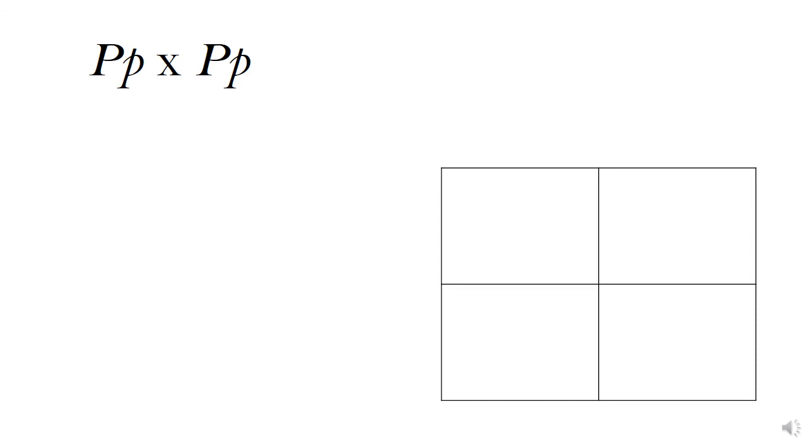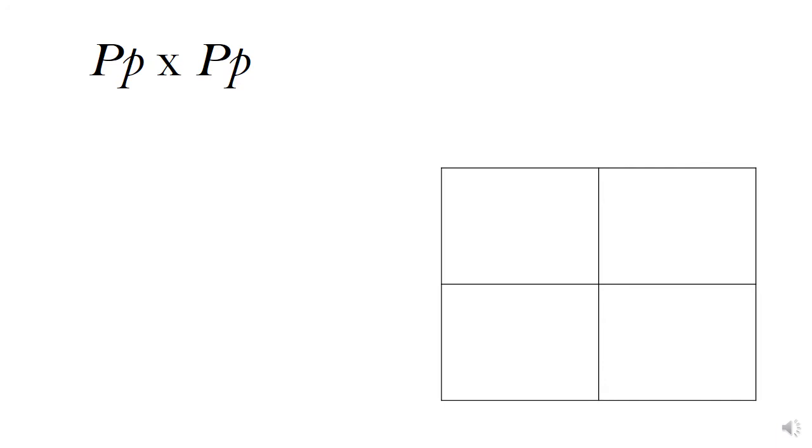In this video, I'd like to show you how to use a Punnett Square to solve genetic crosses. In this case, we're using the letter P to represent the gene, and the upper and lowercase letters to represent the dominant and recessive alleles. The main point I want to make is not to attempt a Punnett Square unless you understand